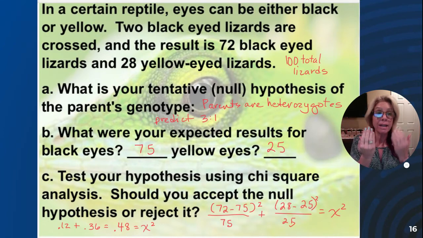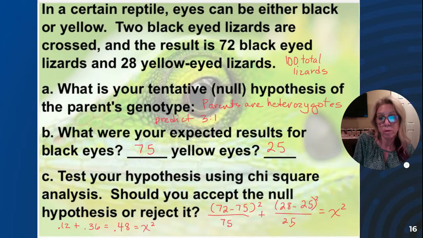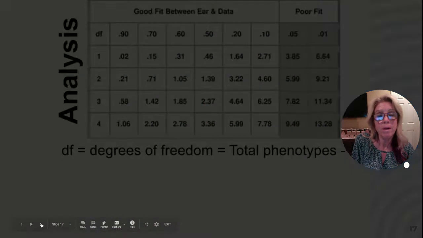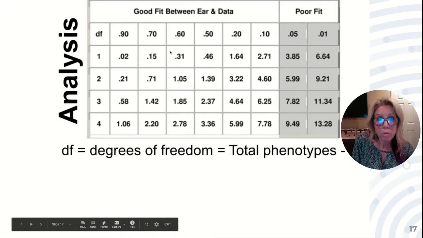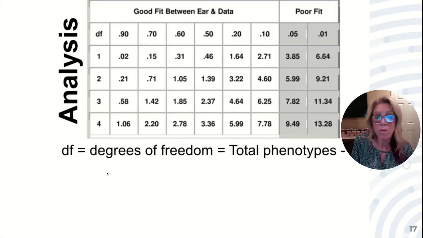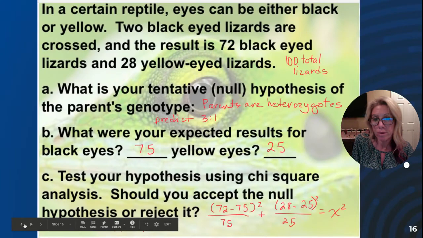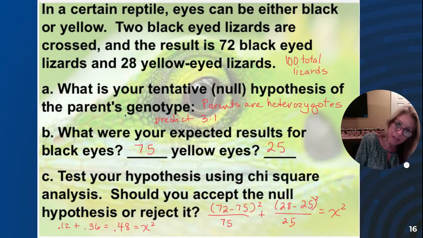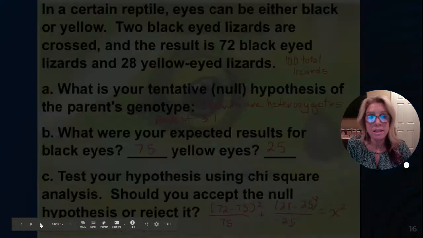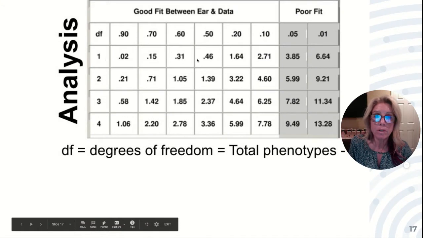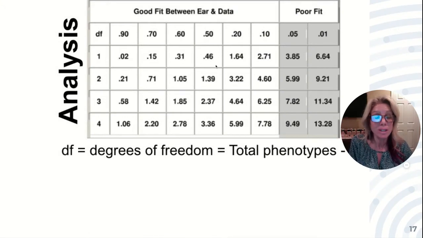I had black eyes and I had yellow eyes. So your degrees of freedom is always 1 minus how many choices you have, and so I would have 1 degree of freedom. So 1 degree of freedom, and I'm looking for, I'm sorry, I already forgot. Is it 0.48? Of course, it's hiding that. Yes, 0.48. So I go across with 1 degree of freedom, and I would expect those results, statistically speaking, about